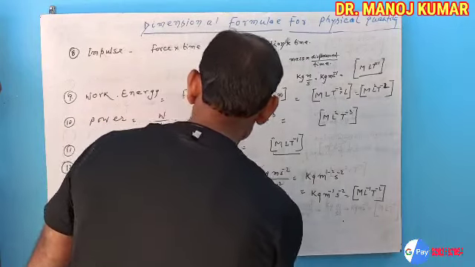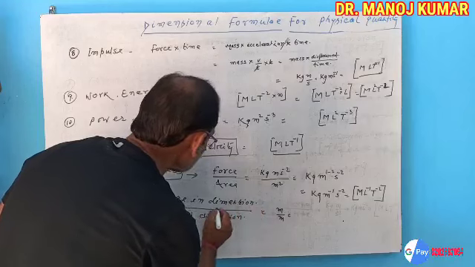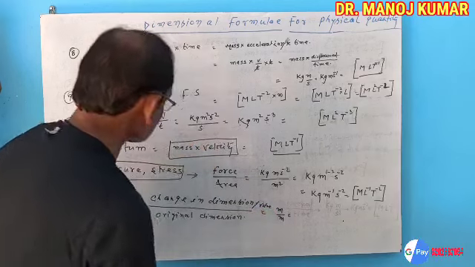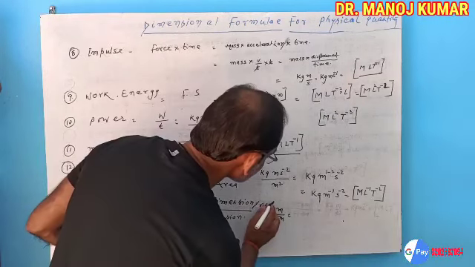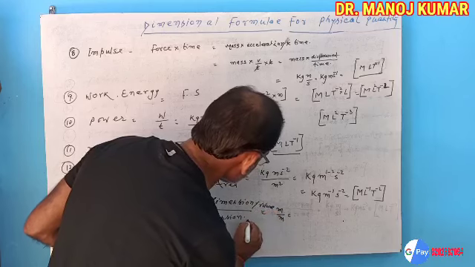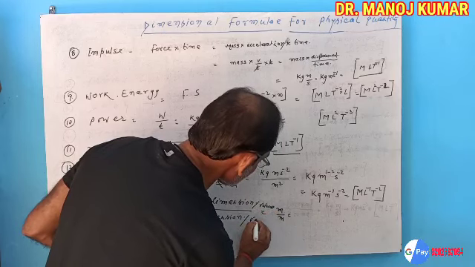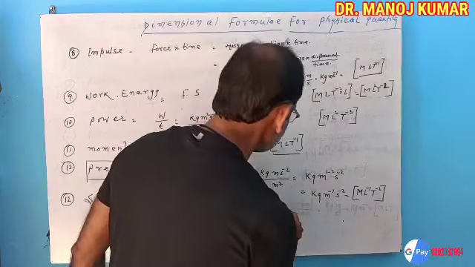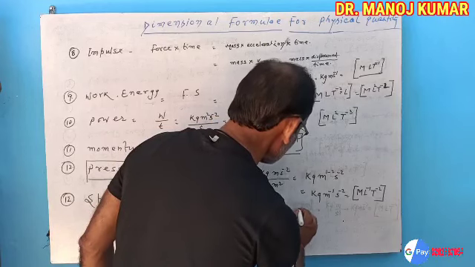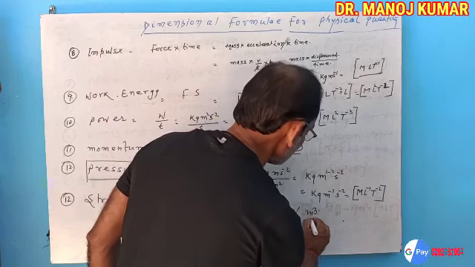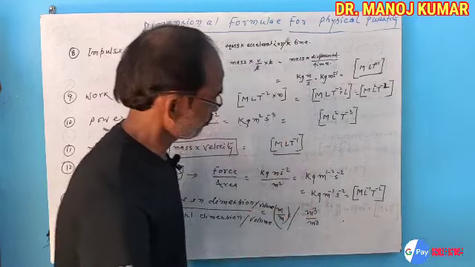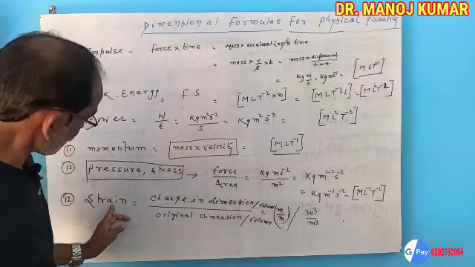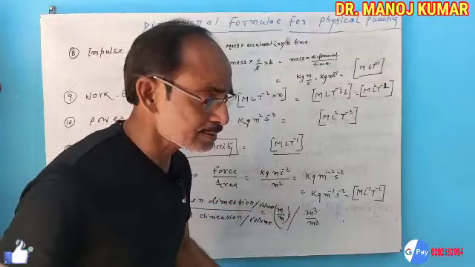Or it can also depend on change in volume by original volume. In this way, M cube upon M cube. The dimension of strain is